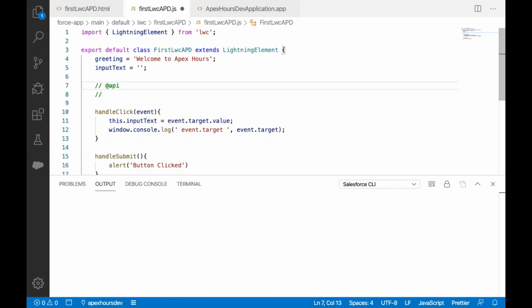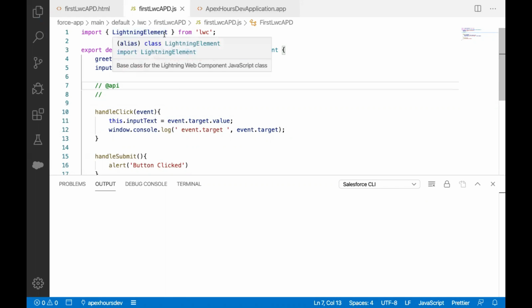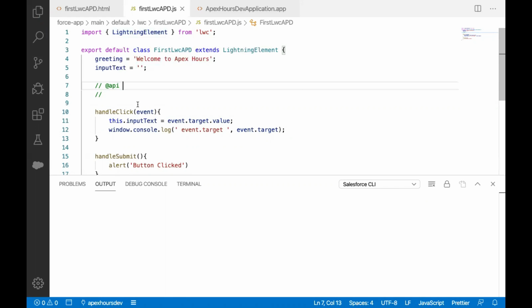API is basically, let's say that we are working with the communication of two components. We have got a parent and a child component. Now we wanted to pass some data from parent to child component. We can leverage the benefit of the @API decorator. If we don't make that property @API, that means it's a private property and we cannot access it. That is similar to the access modifiers in an Apex class. If we make any variable private, we cannot access it outside of that class. The same thing here, if we don't make any variable @API, we cannot access that variable outside the